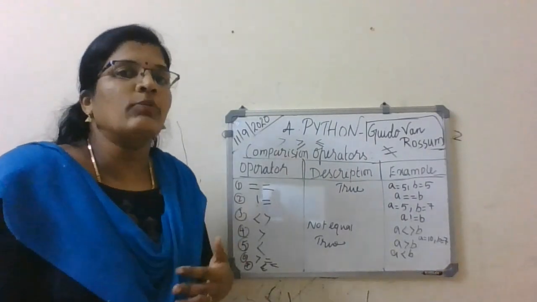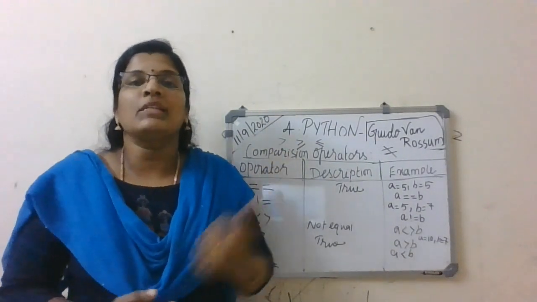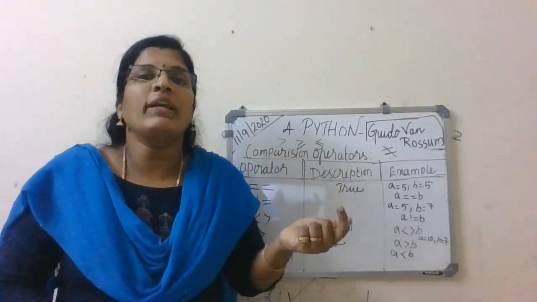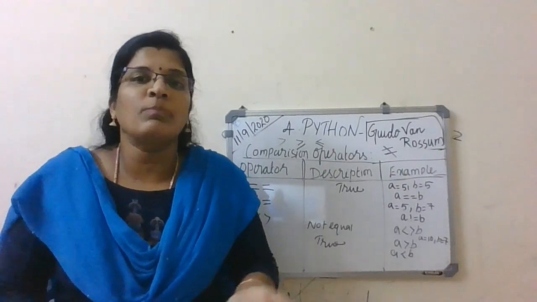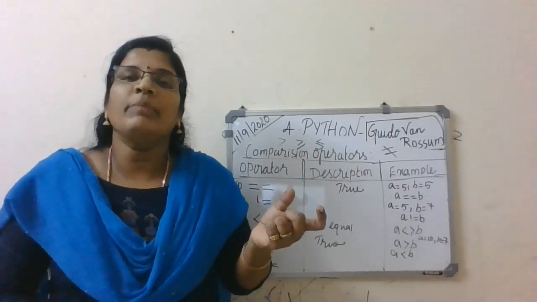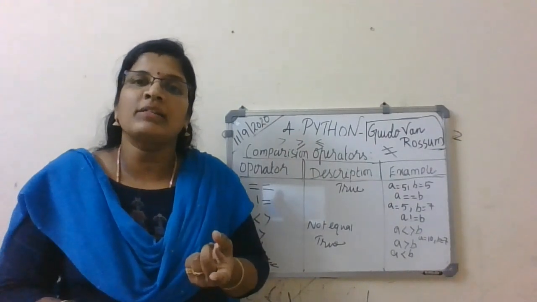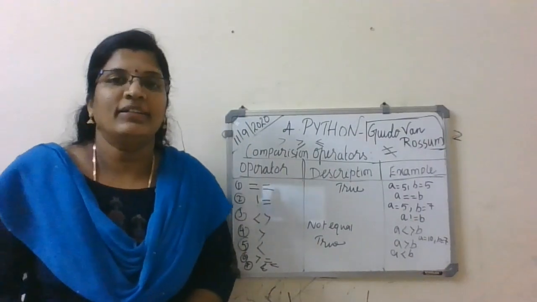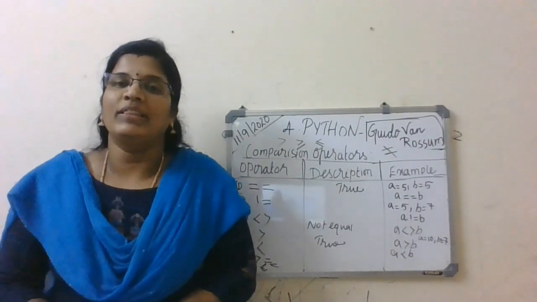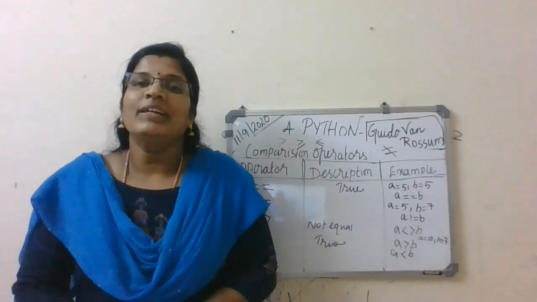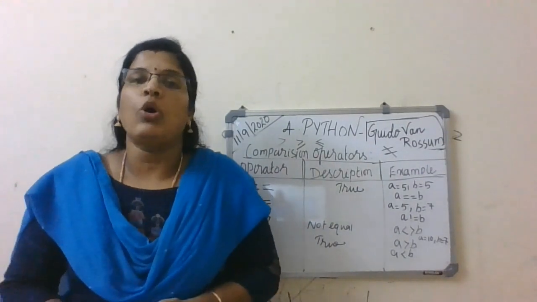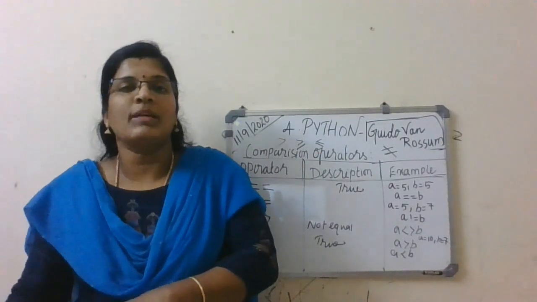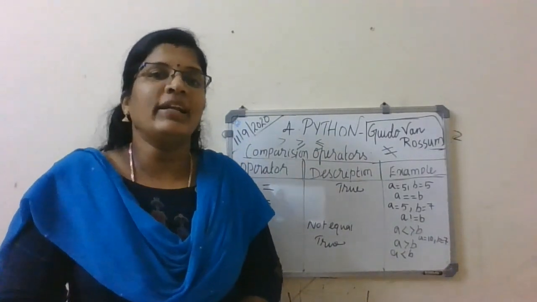If there is any question asking you to describe the comparison operators, don't worry about what it would be. Just think about what is meant by comparison. Operators means plus, minus, and so on. Comparison means comparing. How do we compare in maths? Greater or lesser. So immediately these operators should come to your mind. Got it? And you have to list out everything. Clear? That's good. Next, we will see about assignment operators. Assignment means we are assigning something to something else. Let's see what they are.